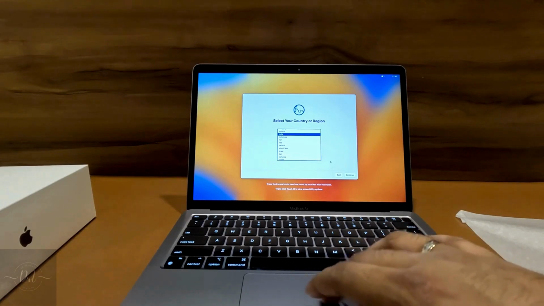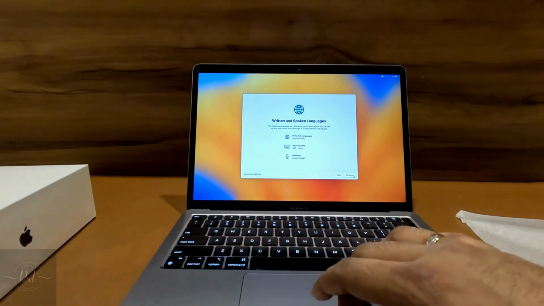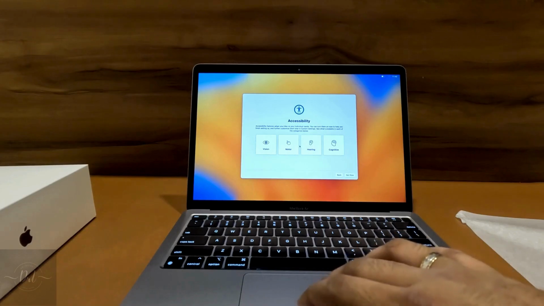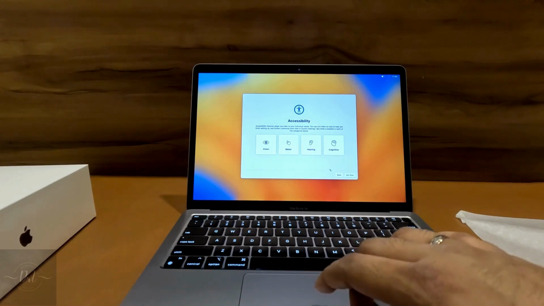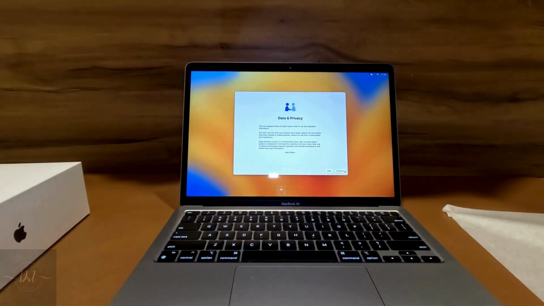Then written and spoken languages are asking details. Then the accessibility. After that we have to give next. Then we have to select the Wi-Fi to proceed ahead. For that, after proceeding,